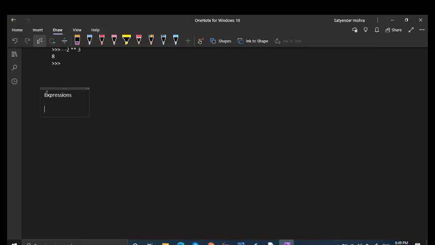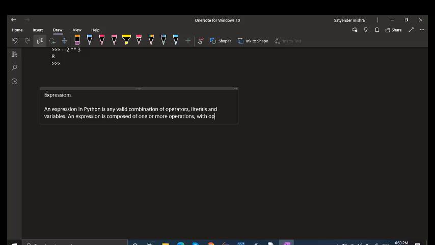So what do you mean by an expression? An expression in Python is any valid combination of operators, literals, and variables. So an expression is composed of one or more operators as the constituents. Here we talk about something called atoms.